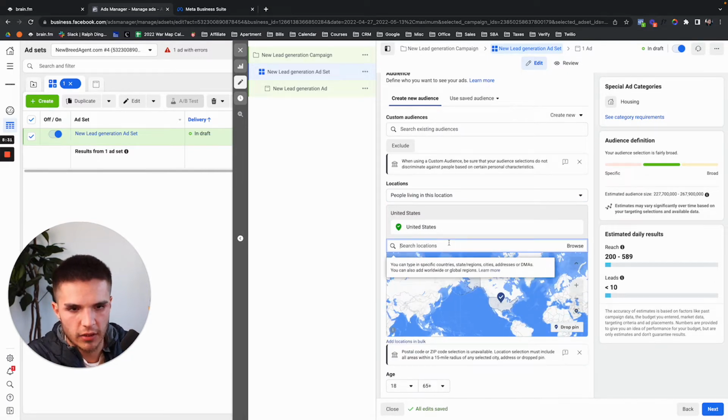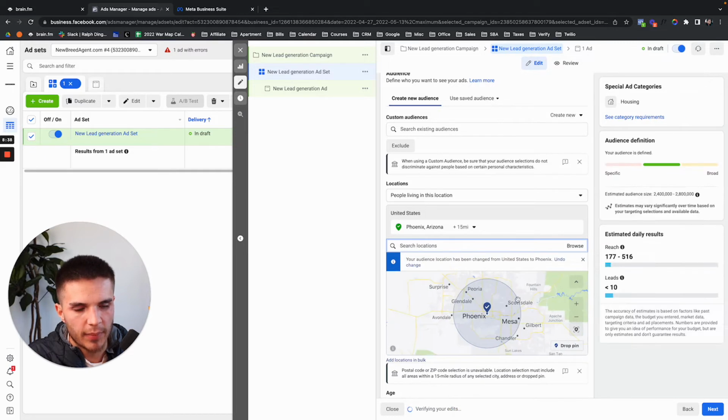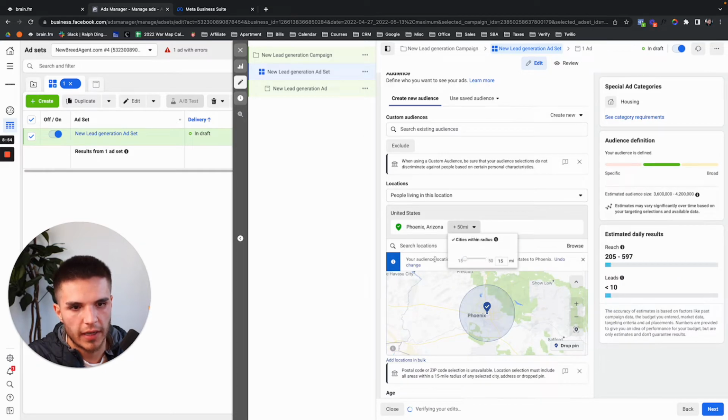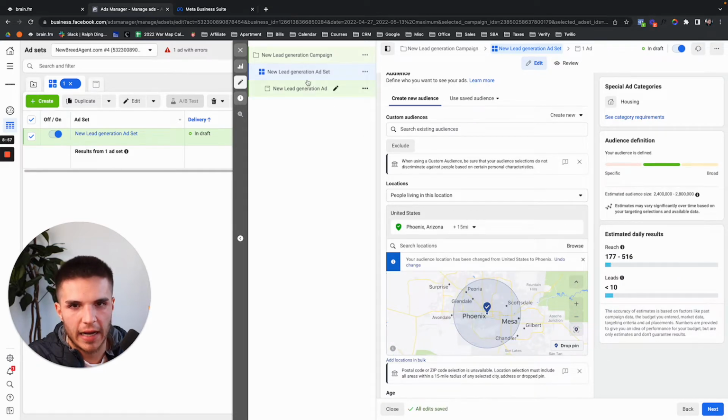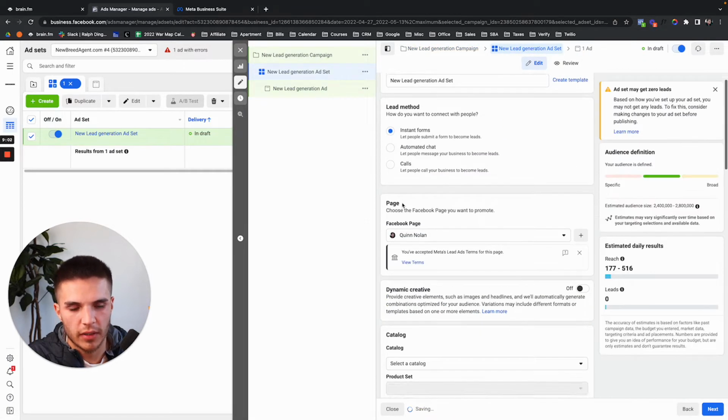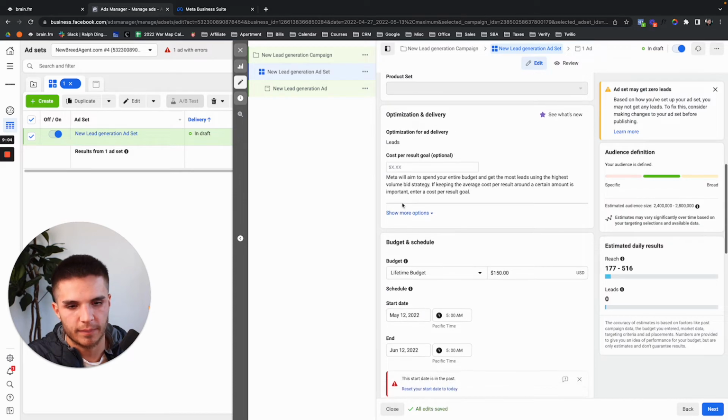And then let's just pretend that I live in Phoenix, Arizona. I'm going to come here, and basically I'm going to drop a 15-mile pin around this target market, right? And if it's housing, I have to abide by this rule. So I can't go any smaller than that, and I can go bigger, but I can't go smaller, okay? So that's for housing. If I took the housing category off, and let's just say I was doing marketing for,